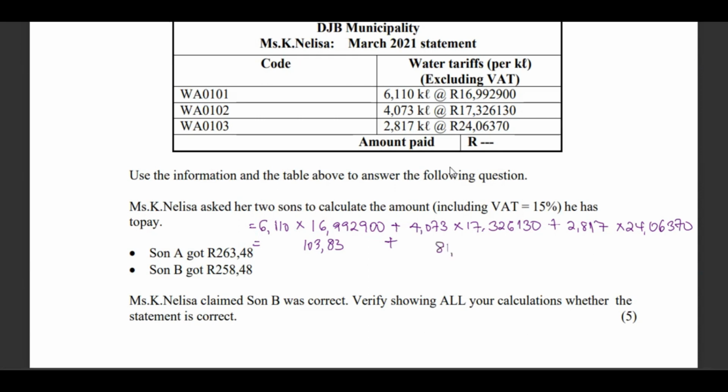We have 81 rands 48 cents plus this other side here times 24,0837. We have 67 rands 79. When you add everything up,